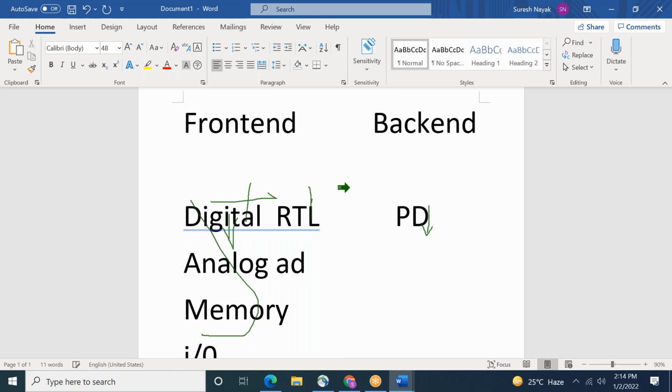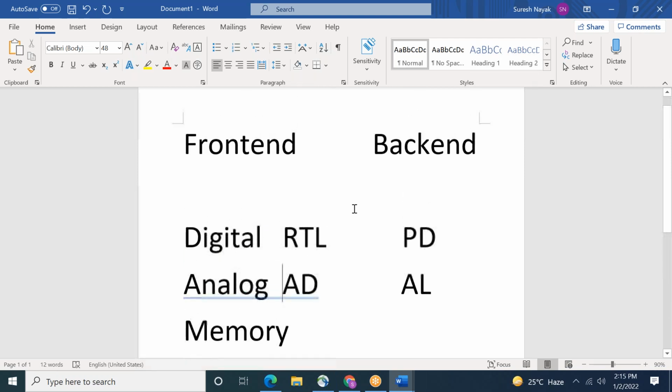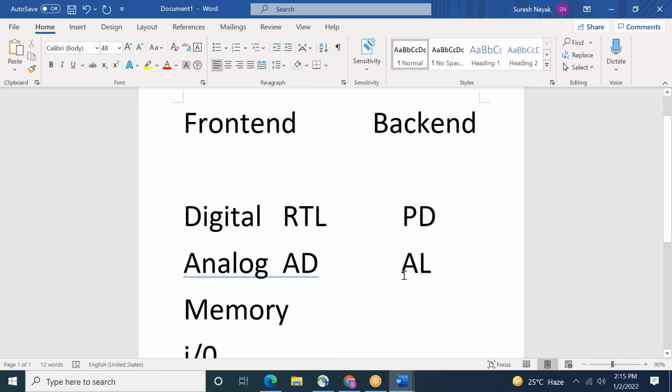Analog design. Analog layout. Okay, the industry having this field, digital, analog.